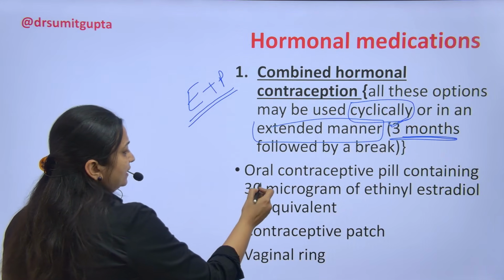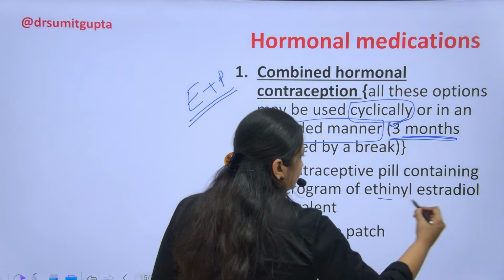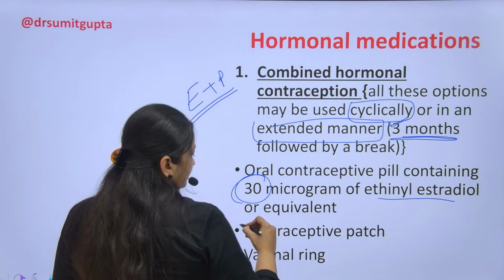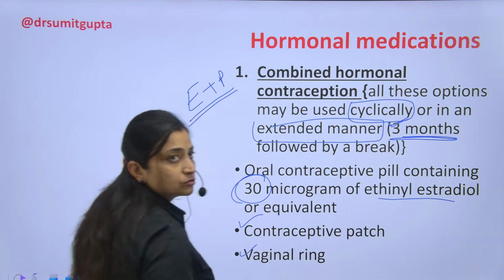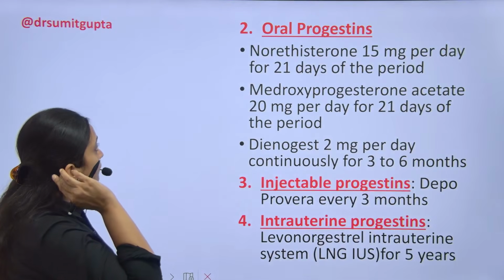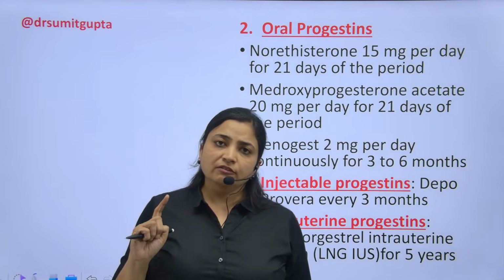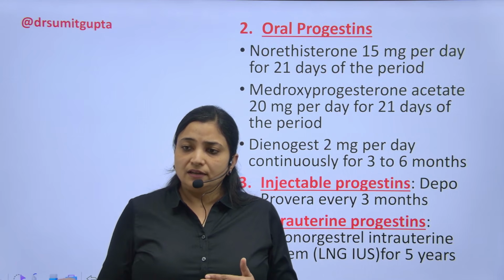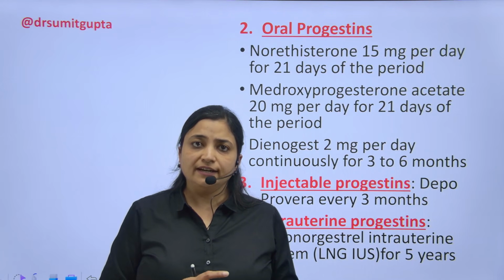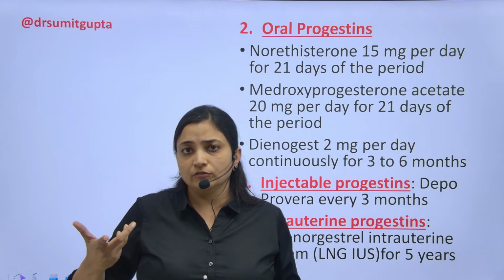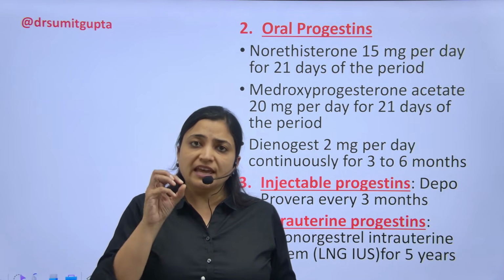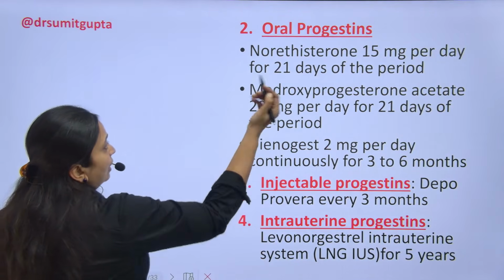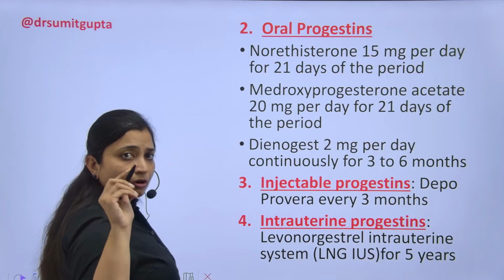Oral contraceptive pills containing at least 30 micrograms of ethinyl estradiol, that I have already explained in acute AUB. Or we can use a contraceptive patch or a vaginal ring containing estrogen plus progesterone. Normally in oral medications, we don't give plain estrogens for management of AUB, because we know that anything which does not have progesterone inside will cause unopposed growth of the endometrium. So whenever you are giving any hormonal preparation for a long time, progesterone has to be there. Now either you can have estrogen plus progesterone or only progesterone.